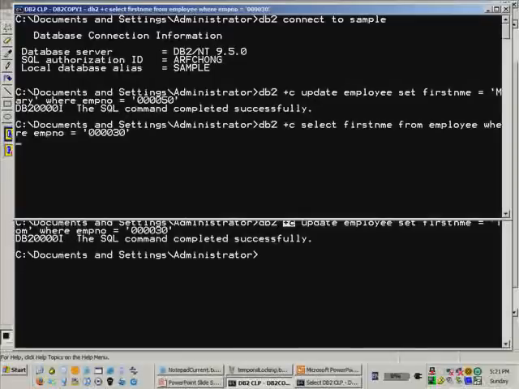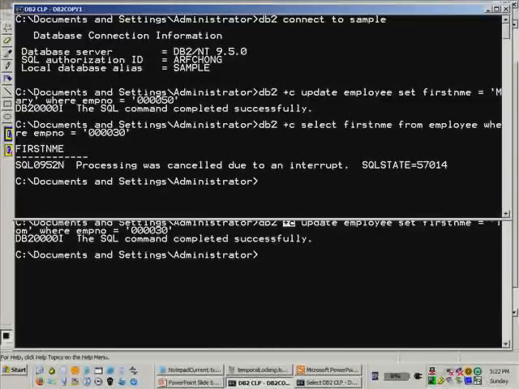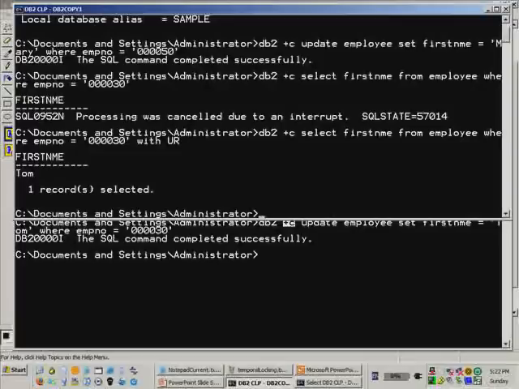Now I'm going to kill this select with a Control C to interrupt, and I'm going to run the same query again, but I'm going to add WITH UR. For this particular SQL, I want isolation UR, because otherwise by default these applications are using cursor stability, or CS. So it's the same scenario, but now I'm saying WITH UR, and I press enter,